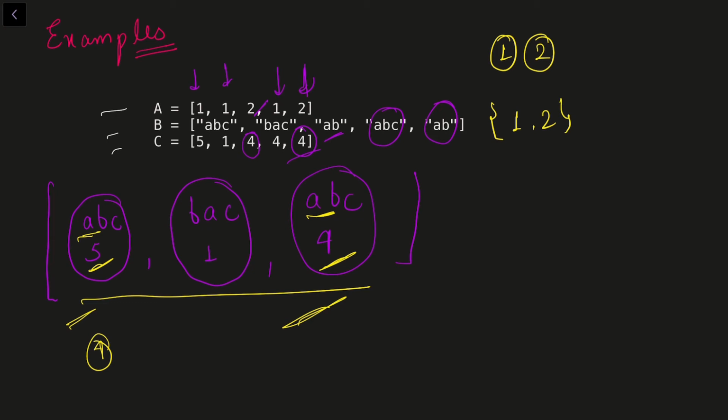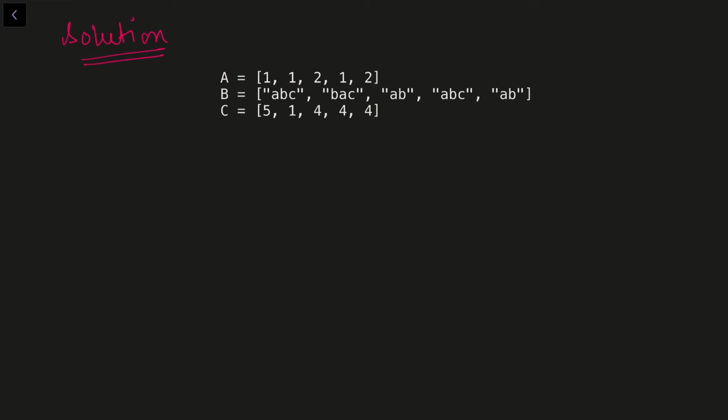Now let us see the solution to this problem. Now the idea behind the solution is we'll insert all the strings which we are given inside a trie, and for each query we'll just iterate on the trie. Since a trie acts like a prefix tree, it will be quite easy for us to find all the strings which have a common prefix, right? Now there is another problem. We need to find all the keys which are greater than or equal to our current key. So we can do that with some data structure like a policy based data structure or a merge sort tree. So we can use that as well.